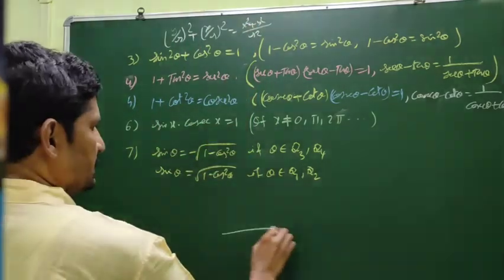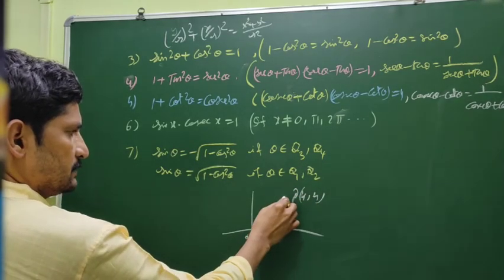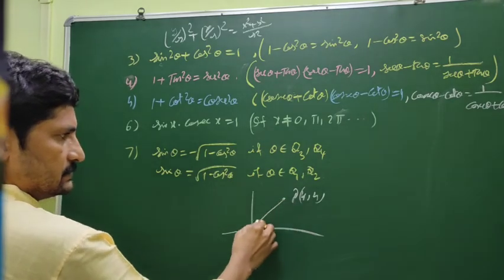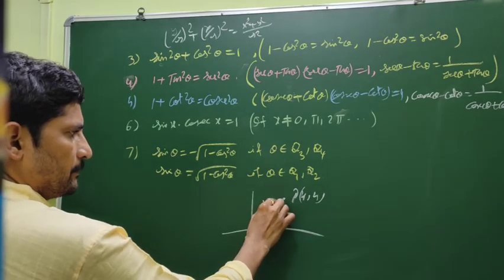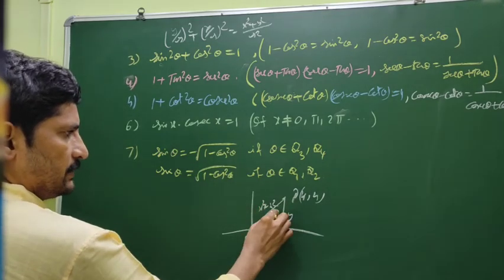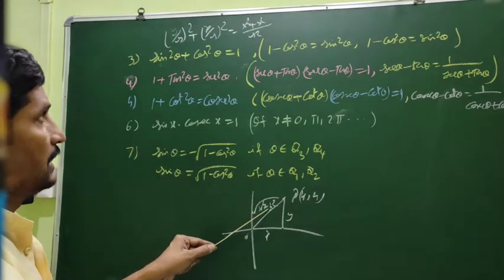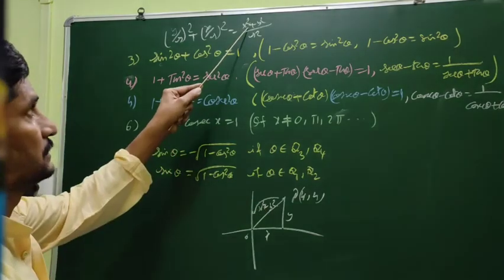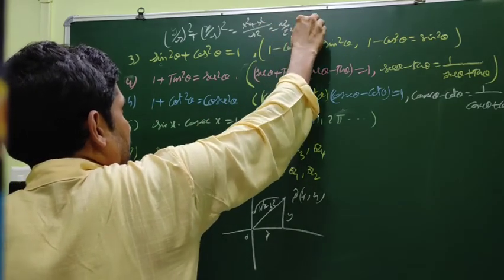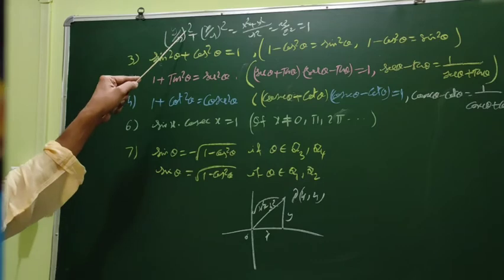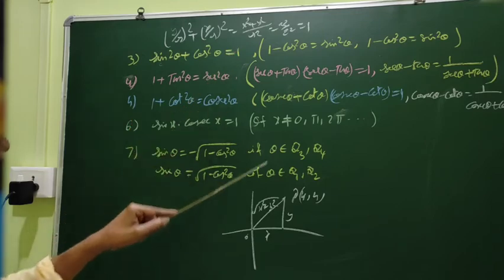What is x square plus y square? See, it is a point (x, y). This is the origin. This length is root of x square plus y square. Now it is x, it is y, and root of x square plus y square is equal to r. Now x square plus y square is r square. So r square by r square cancels, it is 1. (y by r) whole square plus (x by r) whole square is equal to 1. So sin square theta plus cos square theta is equal to 1.